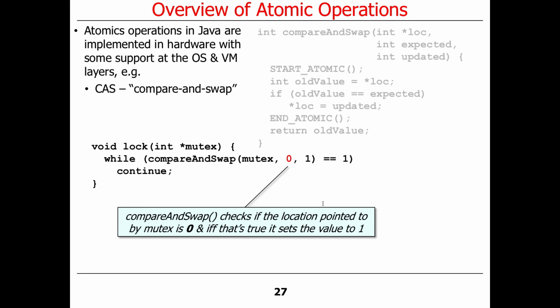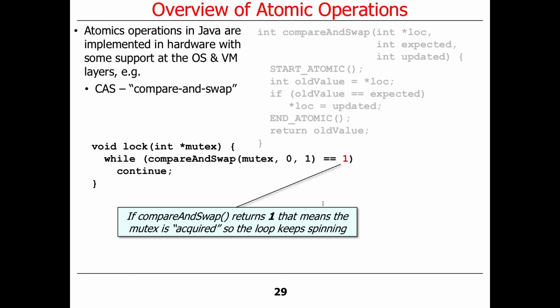Is the current value equal to the expected value? If it is 0, then it's going to atomically set the value to 1. And what it's going to do is keep looping